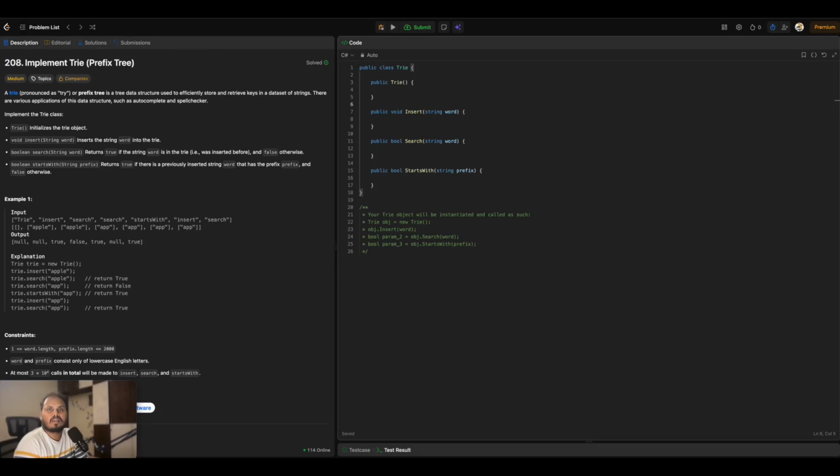Welcome back. So today we are trying to solve one problem which is kind of an interesting problem to solve. The main idea of this problem is not to implement just a trie data structure, but to think about the rationale behind what our trie data structures are, and on top of it, what are the bigger implications and practical applications of